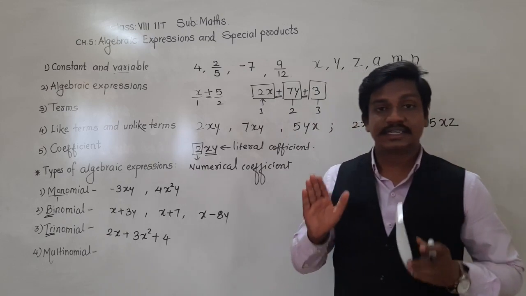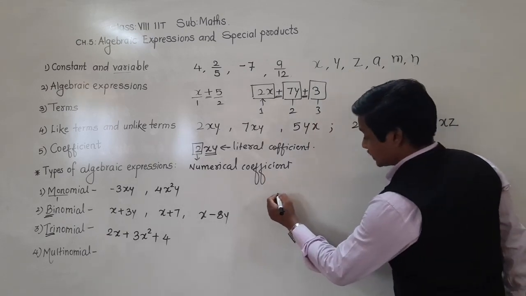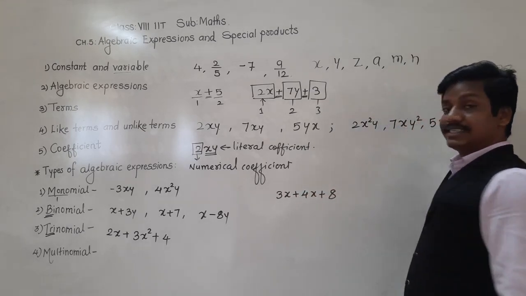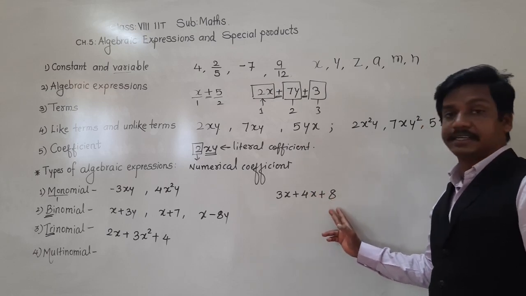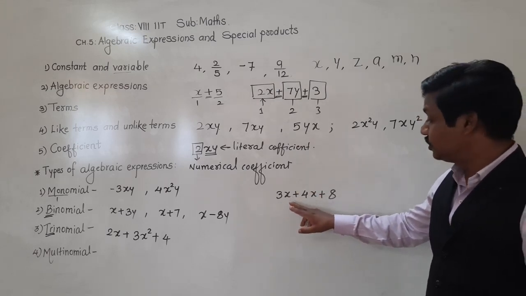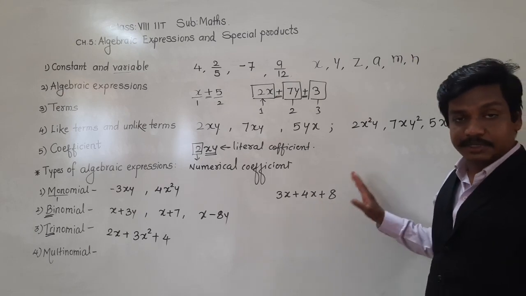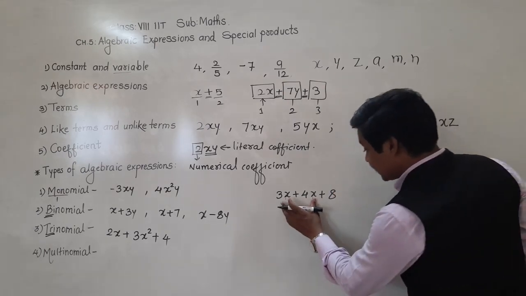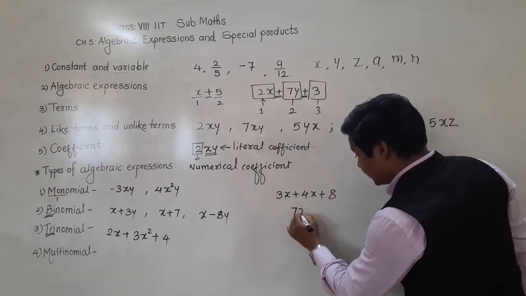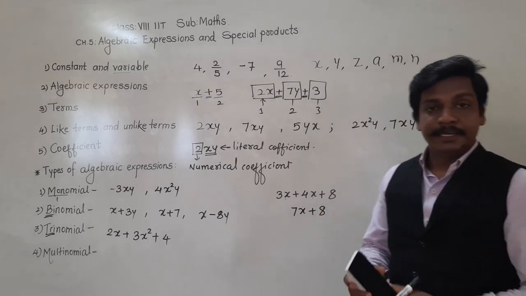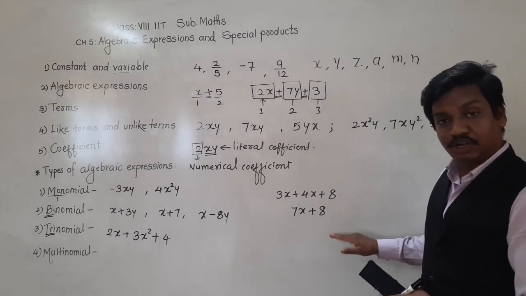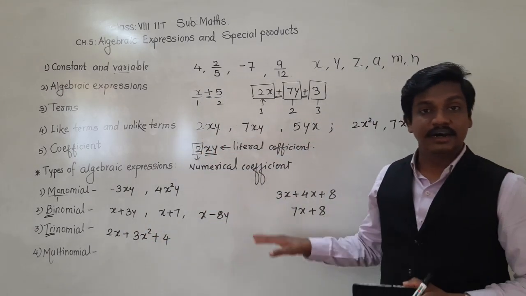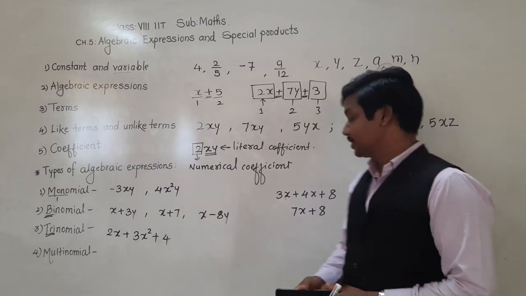Which algebraic expression? Trinomial. Okay, if it is like this, 3x plus 4x plus 8, is it trinomial? See, 3x plus 4x plus 8. Initially, if you observe, there are three terms, but no. This is 3x and 4x, they are like terms. Okay, they are like terms, that's why they can be combined. 3x plus 4x, total 7x plus 8. See, it is not trinomial, it is binomial actually. Understood? So I said here three terms, but they should be unlike. Then we can say it is trinomial. Understood?